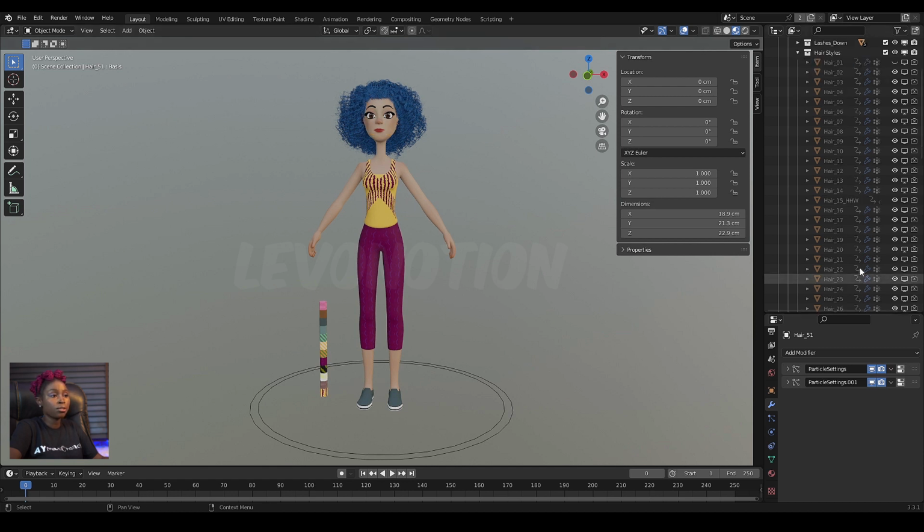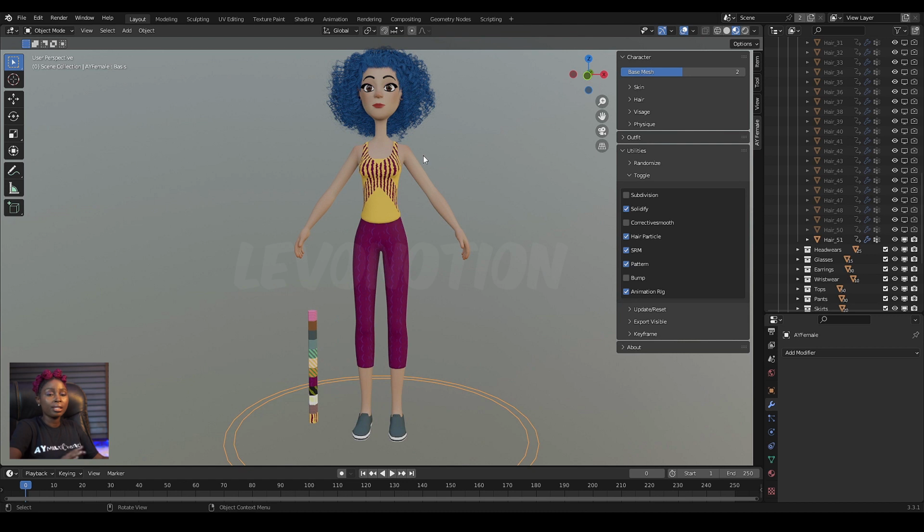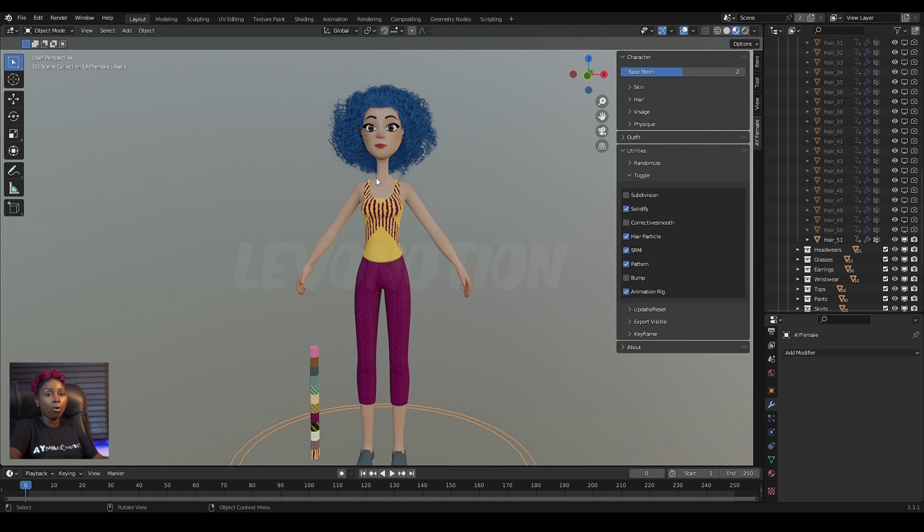female complete comes with 50 hairstyles, and they are all polygon hairstyles. But I added this 51 because I wanted to show you how to use the air particle toggle. So right now, when you want to animate, or if you have so many of them, it might slow down your viewport or slow down your animation. So that's why this toggle is there, to help you turn on or off the particle air system.